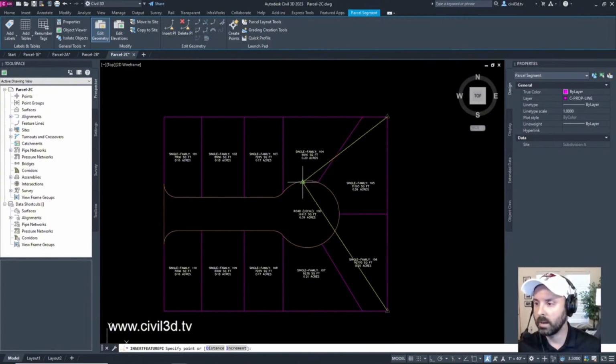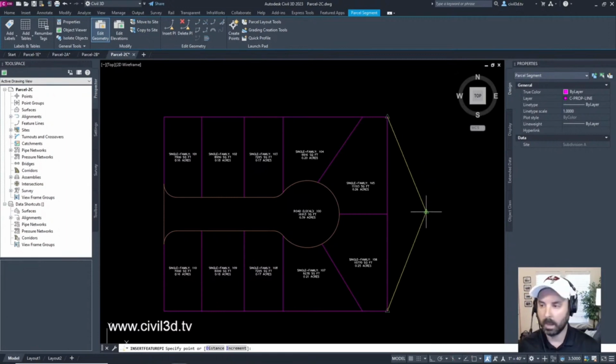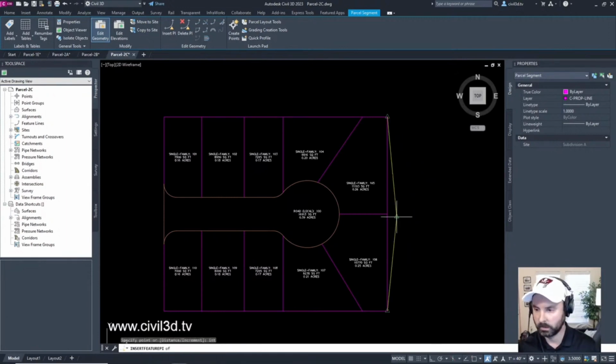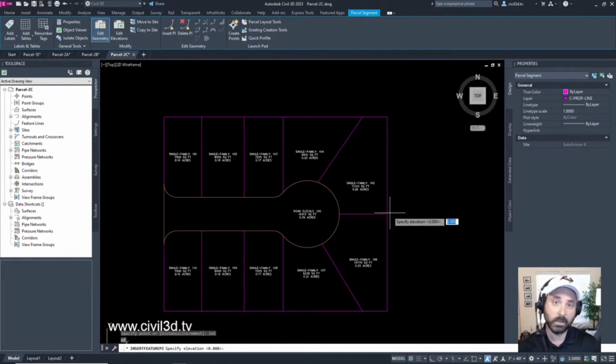See what's going on? After I click that, I've got a brand new point of intersection. I'm going to type in INT for intersection. I'm going to choose this intersection of these lot lines right here. Then it's asking us to specify an elevation. See what I mean? This is just like a feature line.